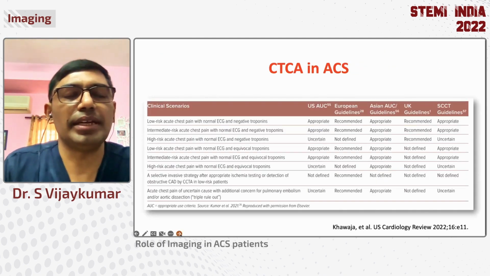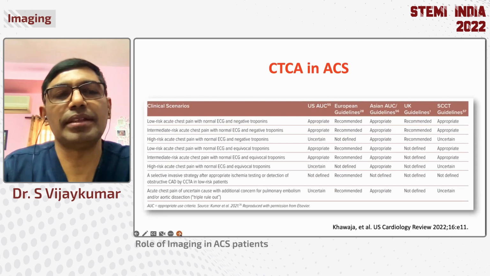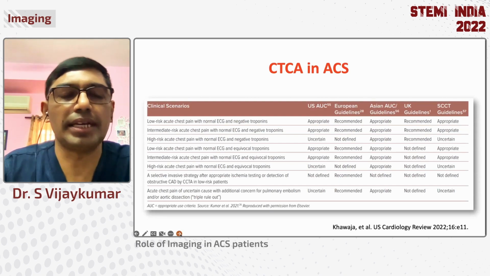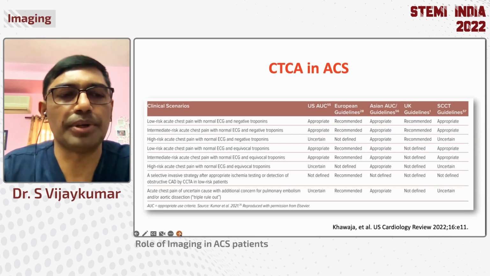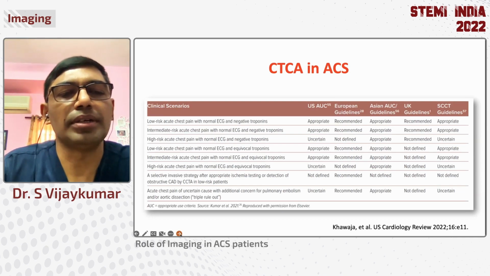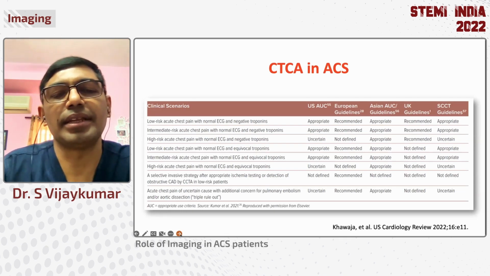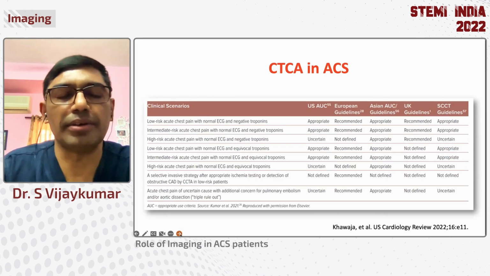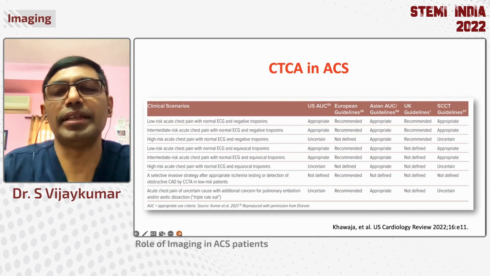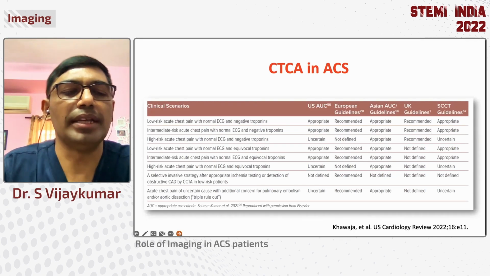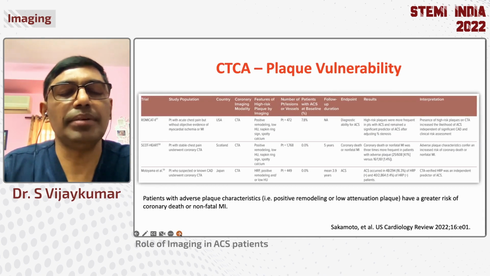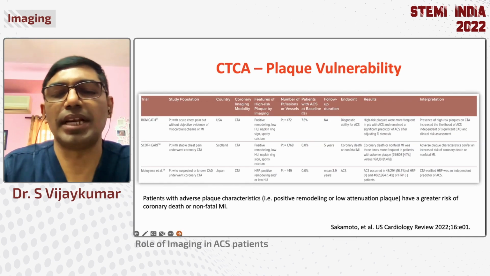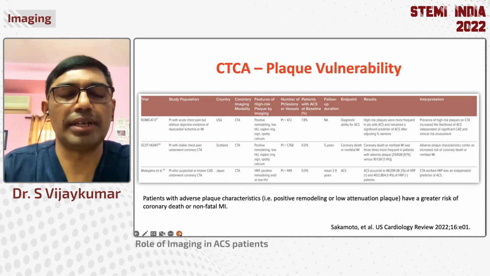So what are the various indications in ACS? When the patient is low risk, with a normal ECG and negative troponin, or intermediate risk or high risk with a normal ECG and equivocal troponin, where you want to rule out other causes like pulmonary embolism and aortic dissection, that is called a triple rule-out. These are the various areas where CT is recommended for initial evaluation of ACS. What about CTCA-related plaque vulnerability? Patients with adverse plaque characteristics such as large plaque and a large lipid core are at high risk for coronary death or